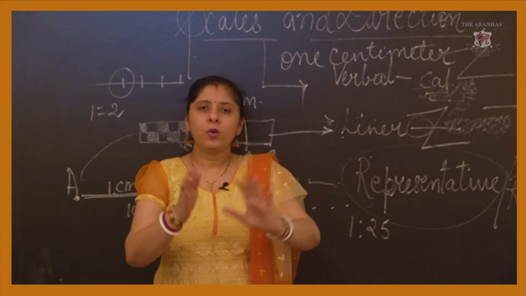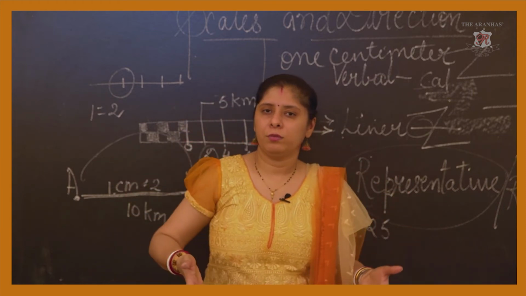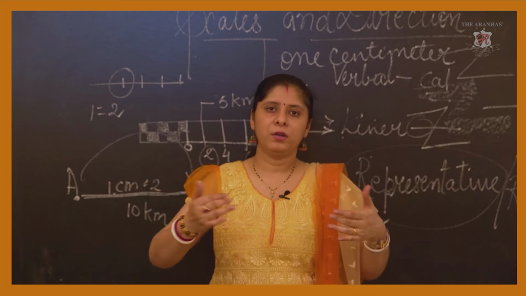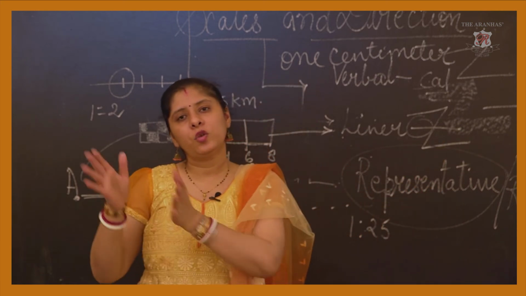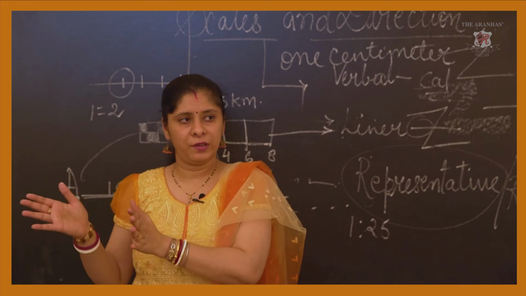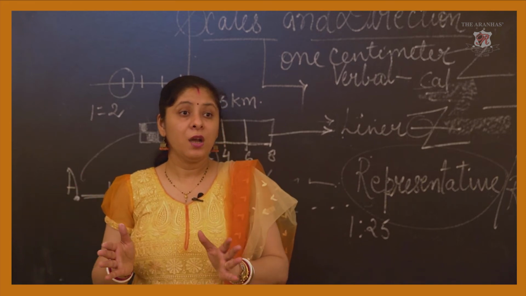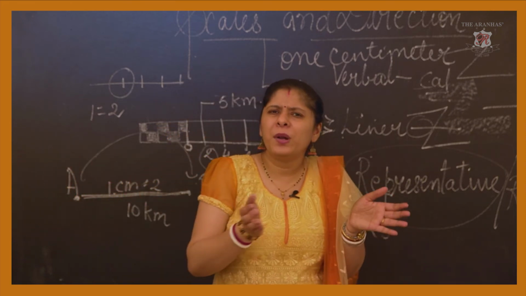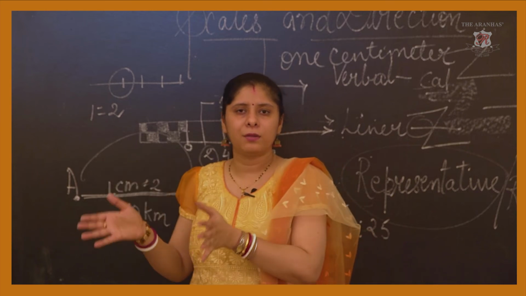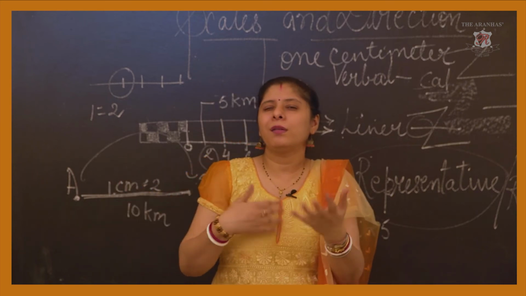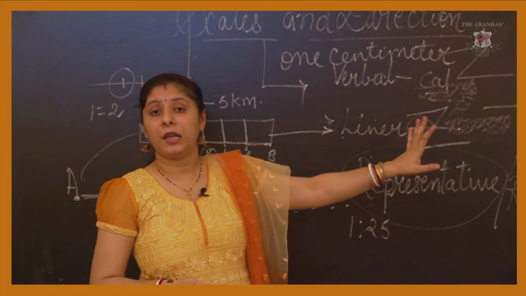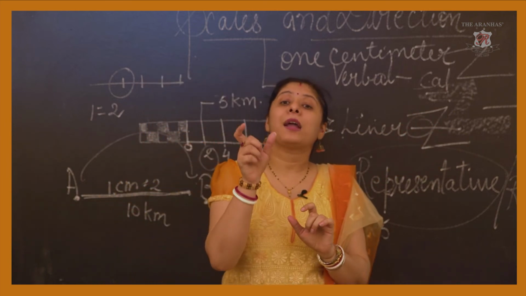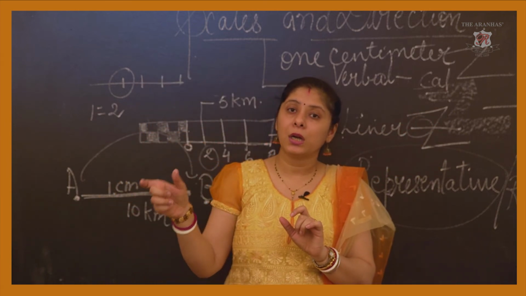Now, we are in a classroom. They are having one particular measurement. From one class to another, there are certain differences. Each and every class would not be the same shape and size. Some would be a little small, some a little big, some medium. Some irregularities you can find over there. So this ratio scale will tell you the exact measurement of that particular classroom.